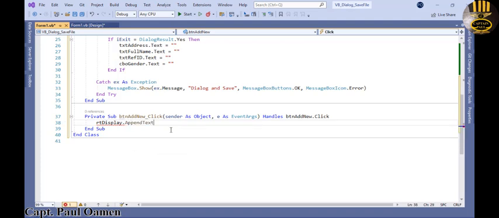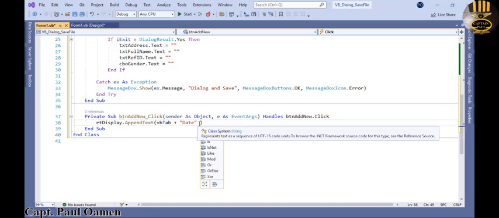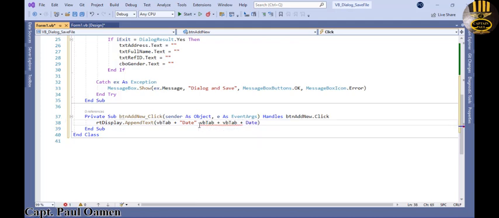text. There. So the first data that I would like to append, first of all, let me just add date in there. Oh wait a minute, let's enter a tab in there. That's how we write tab, plus, and now I want to add date. There we go. And after the date, I'm going to add another tab. And then I will work out the date. Let's say double tab in there. And what I want the date to be is, using the date method, DateTime.Now,